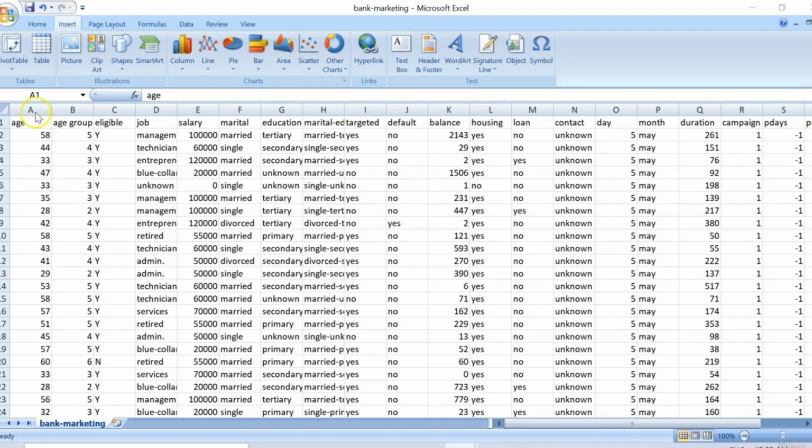So as you can see, there are about 45,211 records. One record is counted for the header. Now this is the data of some people who were contacted by our telemarketing channel. Here is a person with age 58 and his job is management. His salary is about 100,000. He is married. Education is tertiary. And at the time of contact, he had a balance of around 2143,